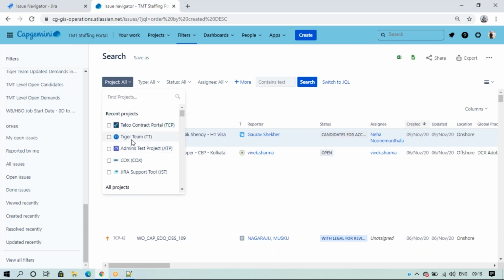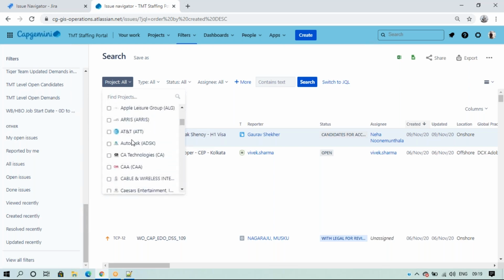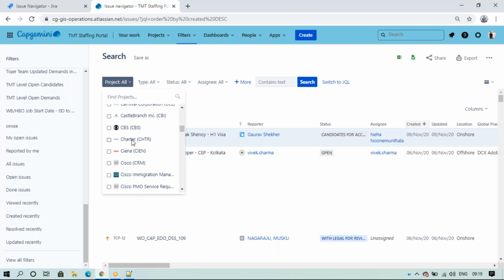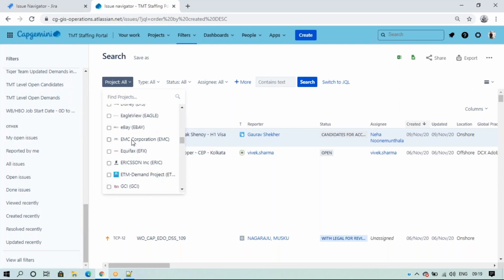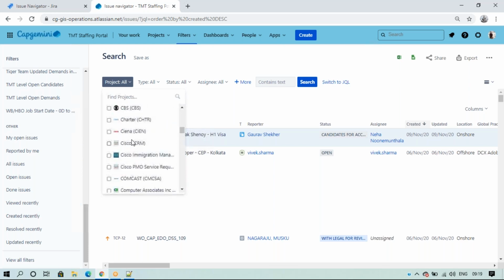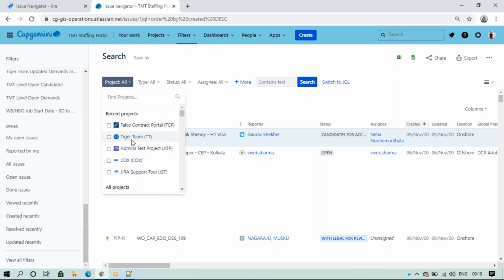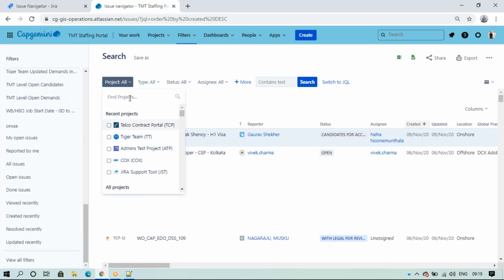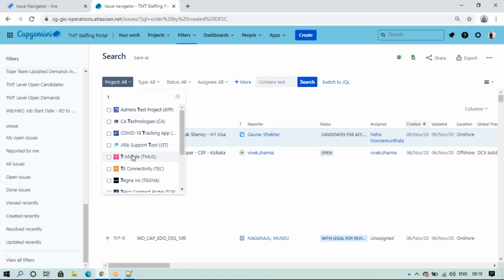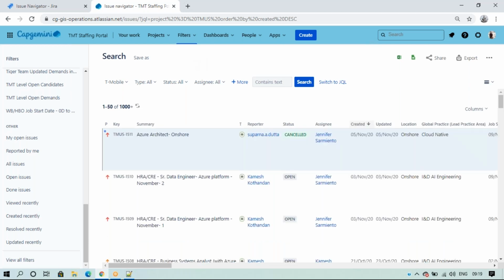In this drop down I selected only one project, for example. Actually, I'll select T-Mobile.